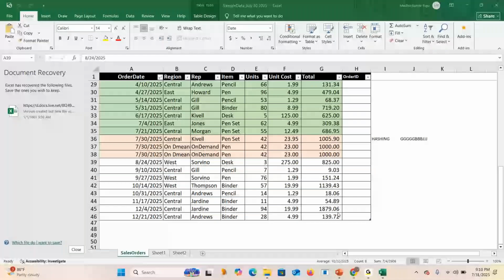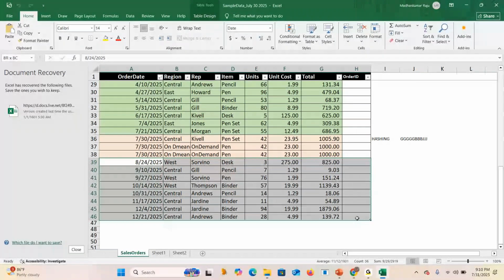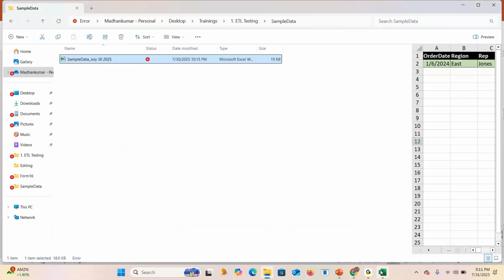If you see, for order dates in the future, I want to fetch these records alone based on the condition: order date greater than current date. Based on this condition, I want to extract the records. So this is called partial extraction without update notification. You are getting it? Yeah.